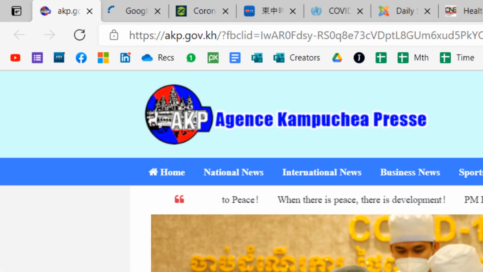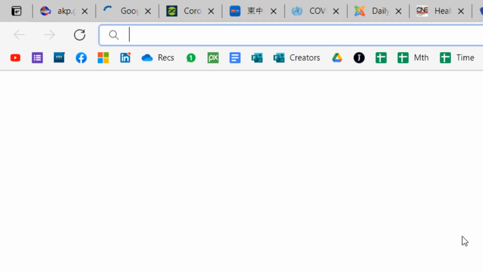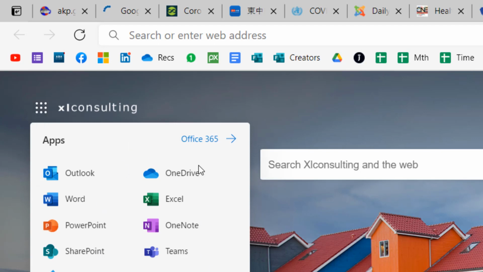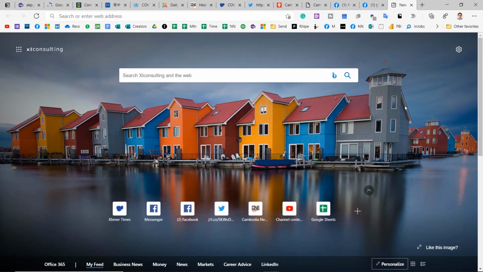And then you can do all sorts of other things as well with this. So Edge is a really great tool. I think it's really underrated, particularly in the office, because it links to your Office 365 if you are using that, and you can access your apps much, much faster. So I've got another video where I talk about that, but the next one applies to any browser, which is